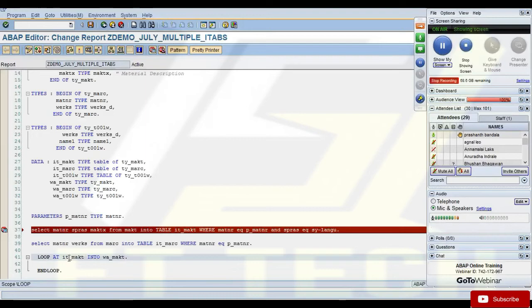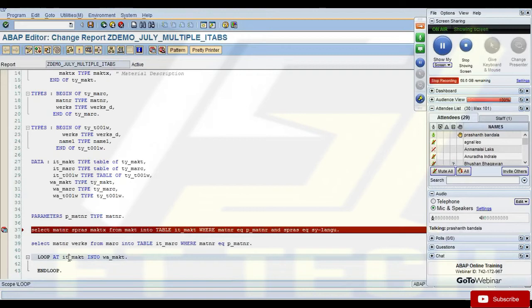For the third table, we have some problem, or we don't? You also need to bring data from T001W for the third one. Yes, we can do it within the loop, right?